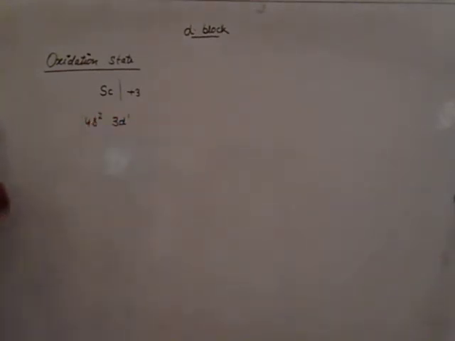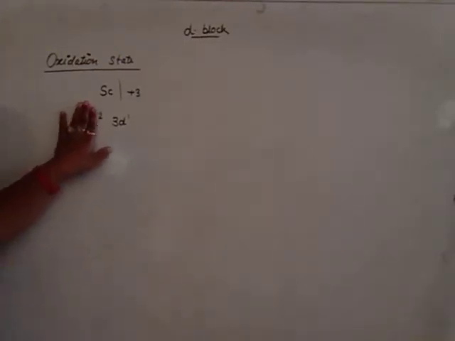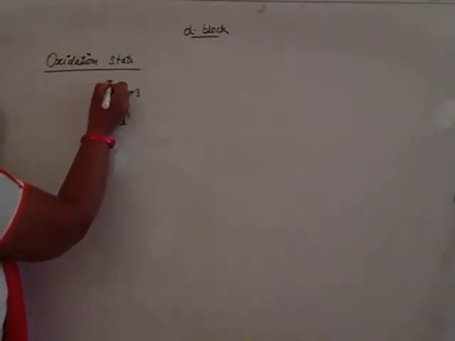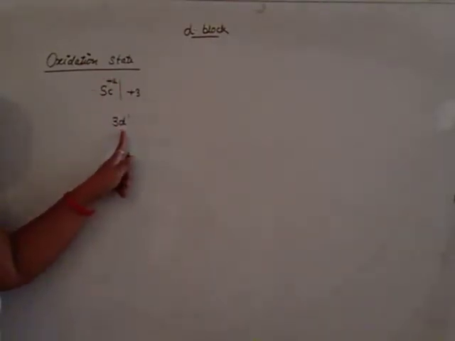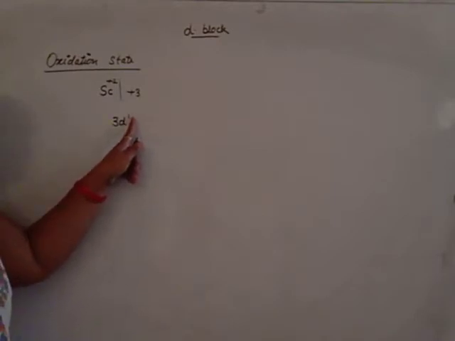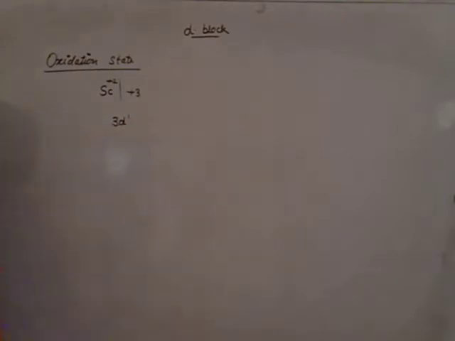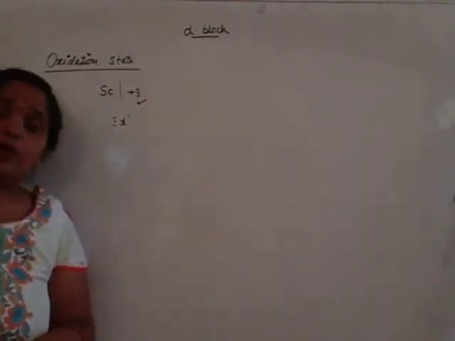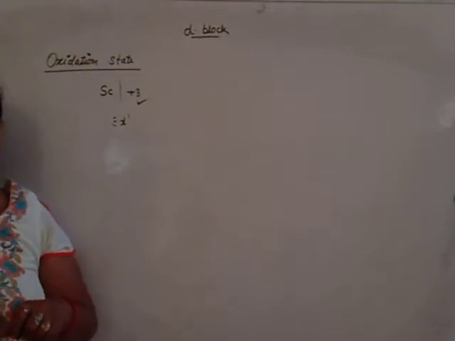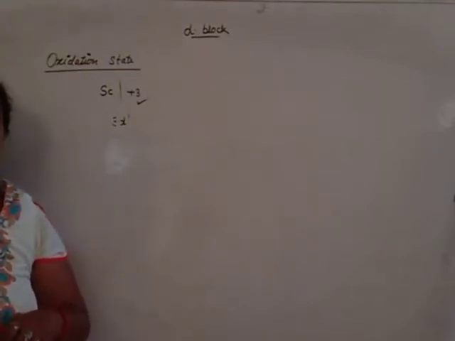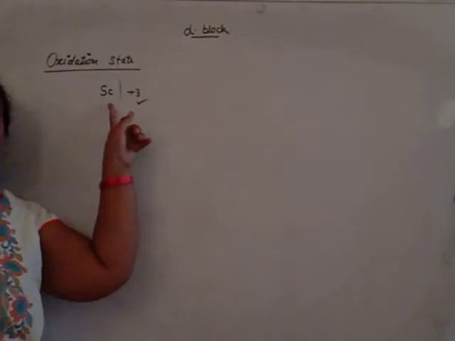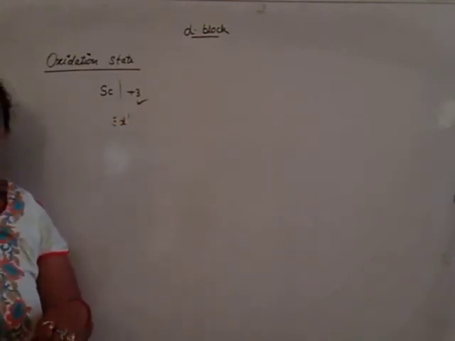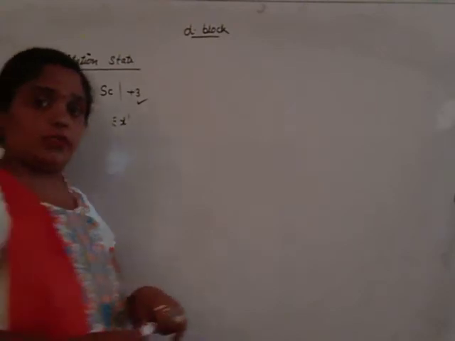When scandium loses its electrons, it loses electrons from the outermost shell. The outermost shell is the fourth one. When it loses 2 electrons of the outermost shell, it has the +2 oxidation state. Yet is 3d1 stable? The answer is no. It loses 1 electron of 3d very easily to form the +3 oxidation state. By loss of the outermost 3 electrons, they form a stable noble gas electronic configuration. Hence, the first member of the series has only one oxidation state, that is the +3 oxidation state.